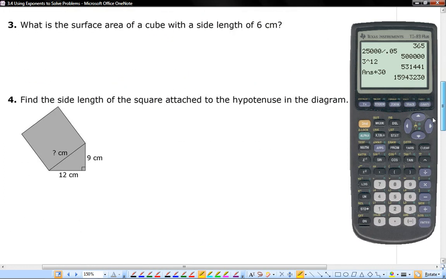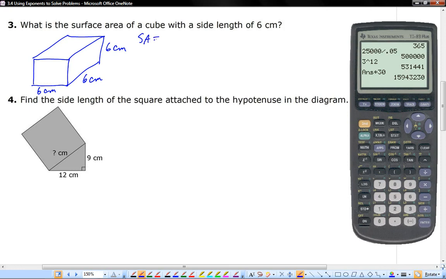Let's take a look at a third example of using exponents to solve problems. What is the surface area of a cube whose side length is 6 centimeters? Well, when we have a cube, again, we know the length and the width and the height are all the same. Again, I'm just doing a rough sketch here, so this is 6 centimeters by 6 centimeters by 6 centimeters,